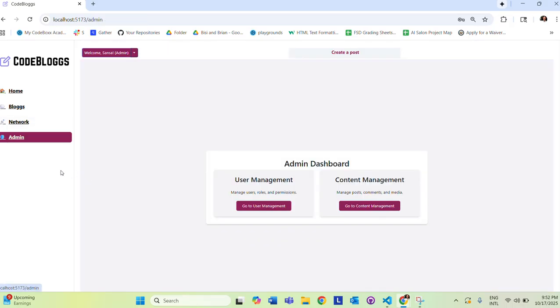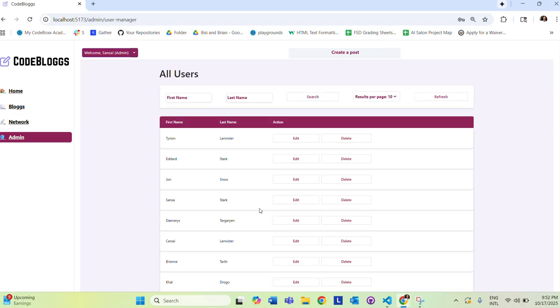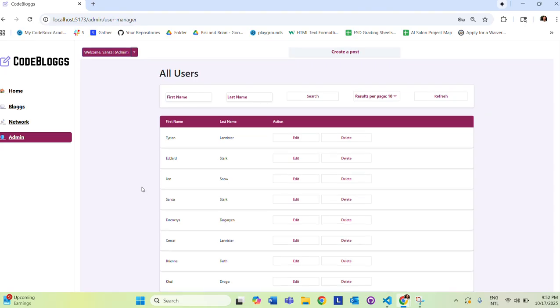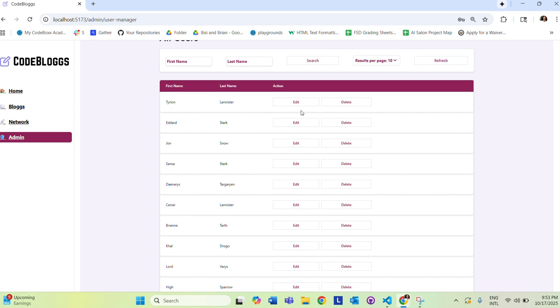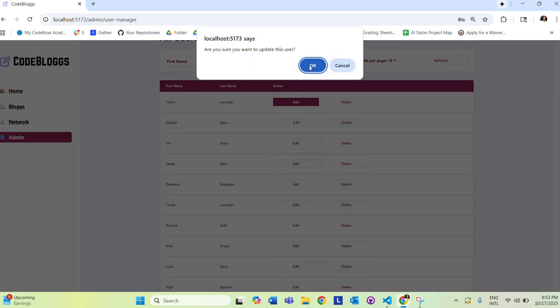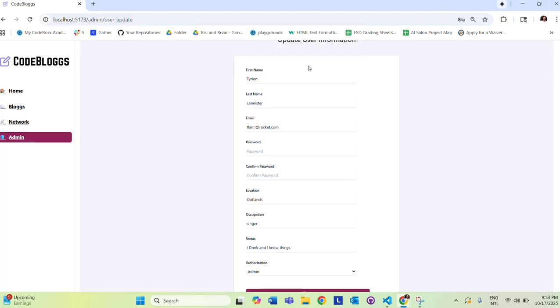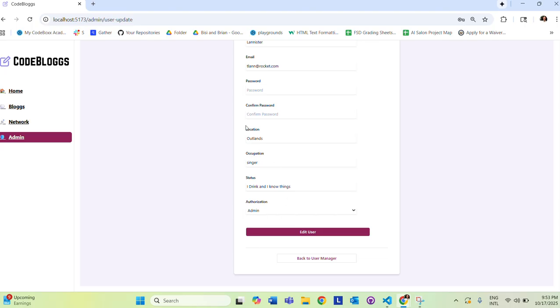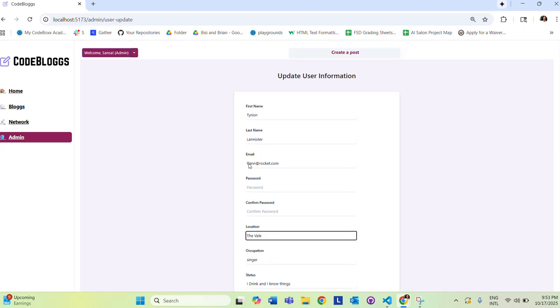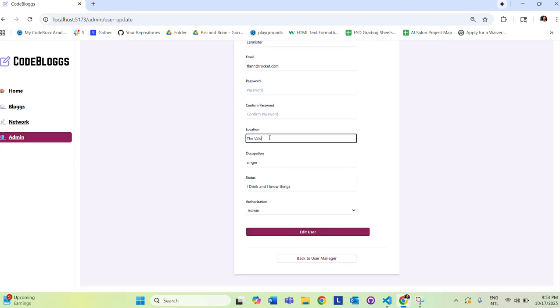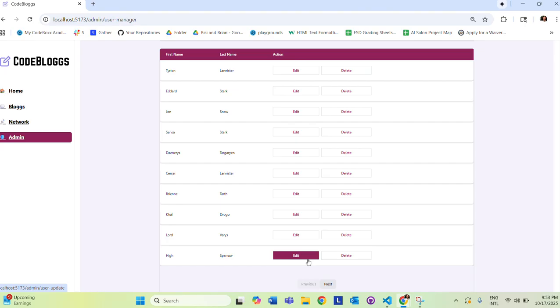If we go back to the user management page once again and try to update users, first we click edit. A modal appears to ask whether you're sure you want to edit, and maybe we can edit the location for this person and say this person is in the Vale. In this page, not only does it render all the information for all the users, it can enable us to go back to user manager without editing the particular user,